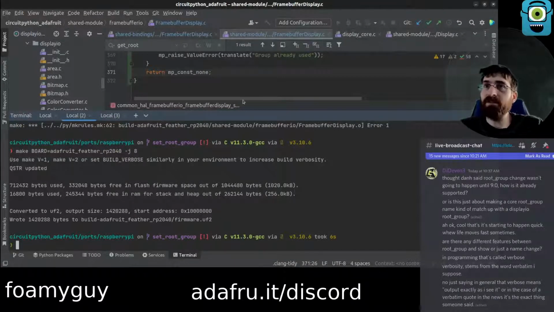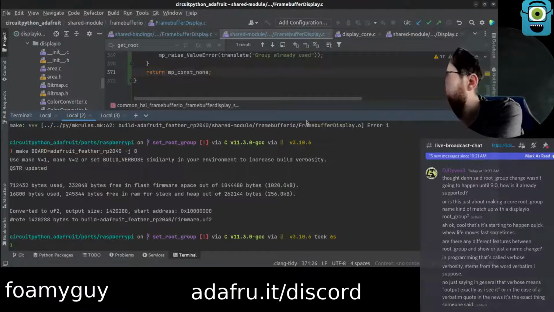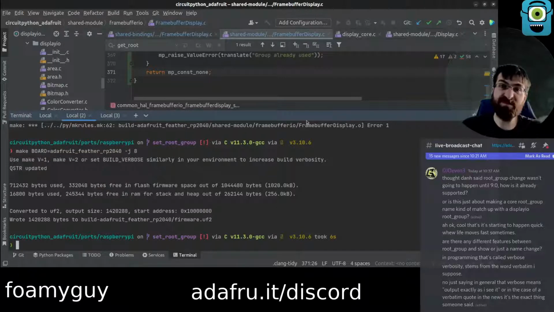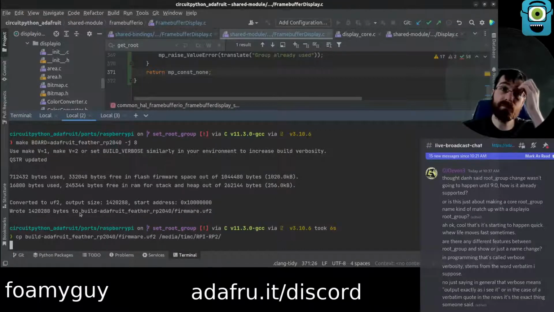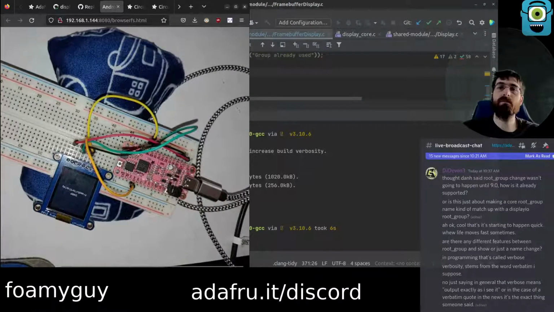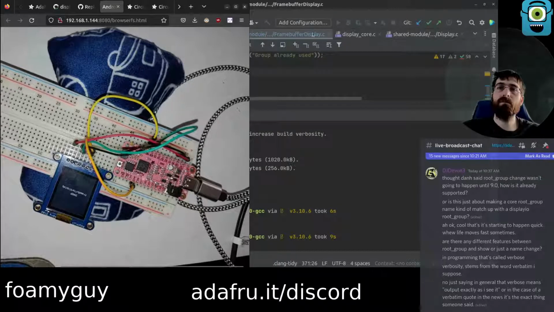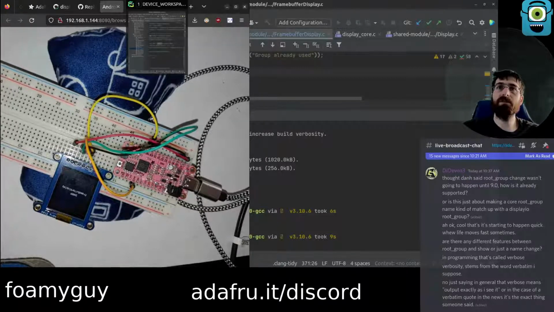That is more like it. 6 seconds. These buttons are very tiny. We've already reset.